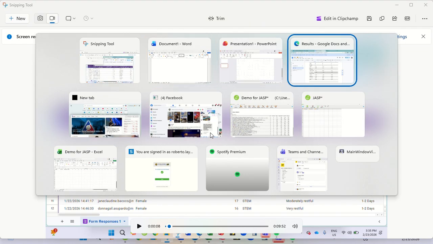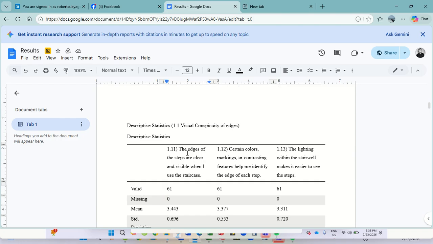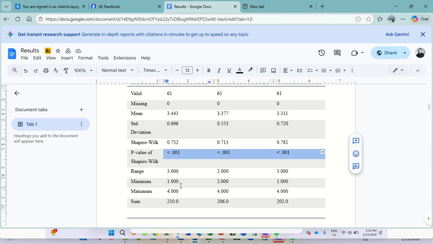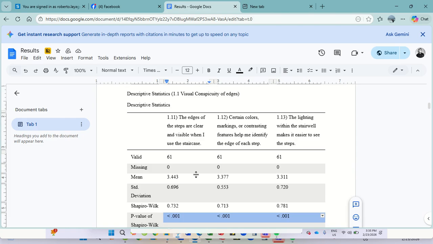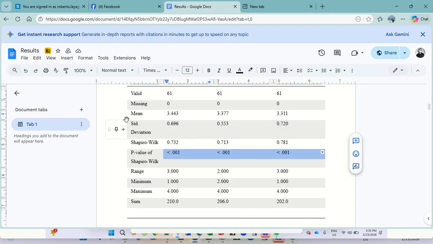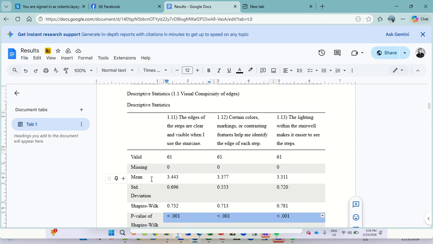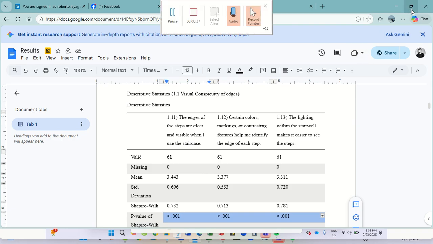Now looking at this demo file, there are three statements and then there is a lot of data that was given to you by JASP. However, in your research, if you want to go on the levels, you just need now the elements of the mean and the standard deviation. Okay, and then the overall mean. So let's look at this one.